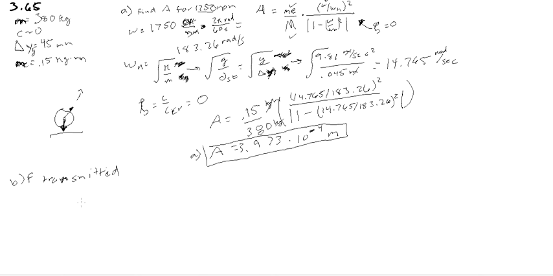TR equals F transmitted over F naught. In this case, he's saying that F naught equals m e omega squared. I don't know where he's pulling this from, but this is another thing that's going on my formula sheet. Alright, so we're going to say that